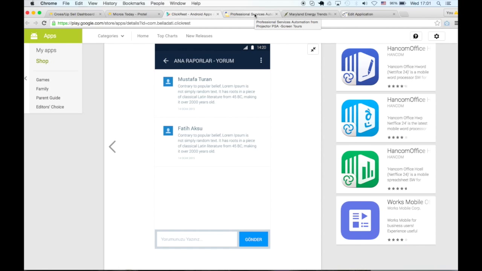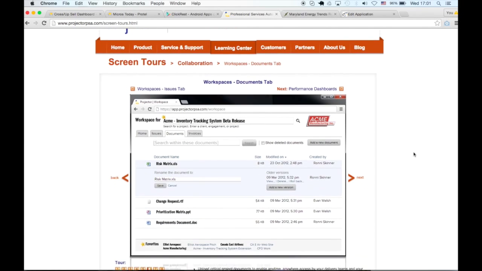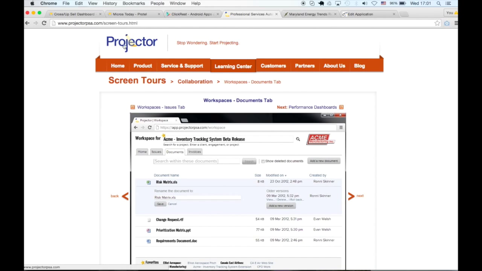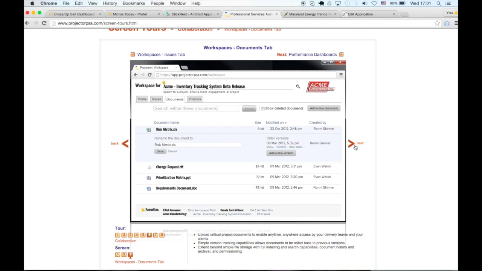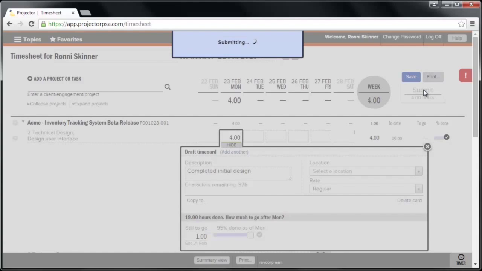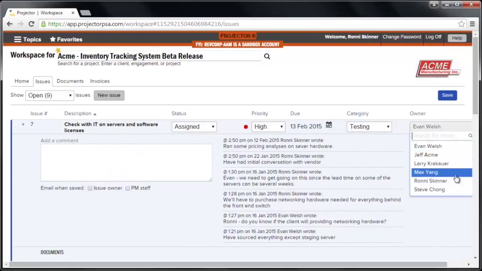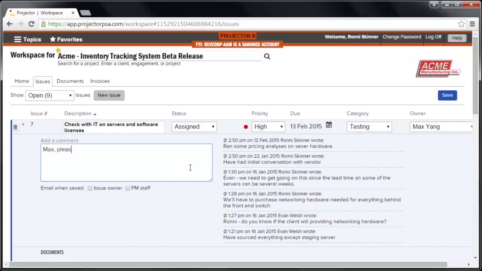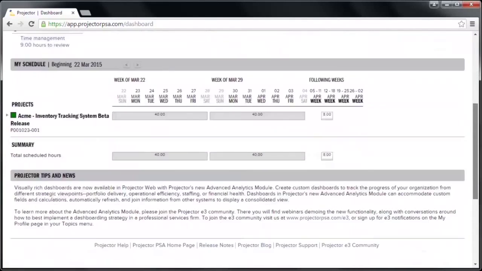A different approach that I would like to introduce to you has been taken by a company called Projector PSA, which is a company located in Boston in the US, and they are a provider of a project management tool in the cloud. So this is essentially a screenshot of how their tool looks, but they saw that it would be great to embed an advanced data analytics module within their solution. So this is how they embedded the BellaDati features